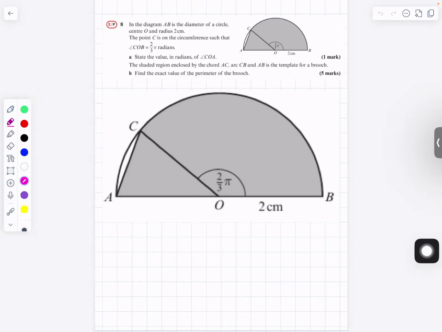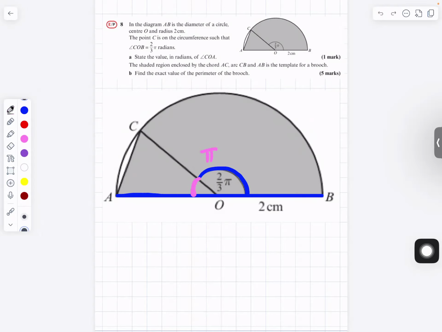I'll put it as a straight line. If you look at this blue straight line I put there, the blue line, which is a diameter, that angle on a straight line is 180 degrees. If we know that 2 over 3 pi is this blue one, to find the pink one, because the whole thing would be pi, so that means to find the pink angle,